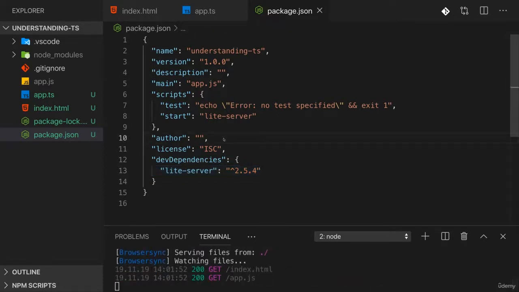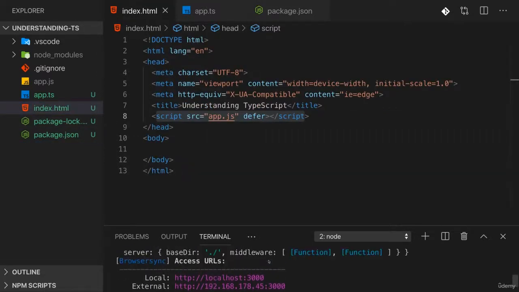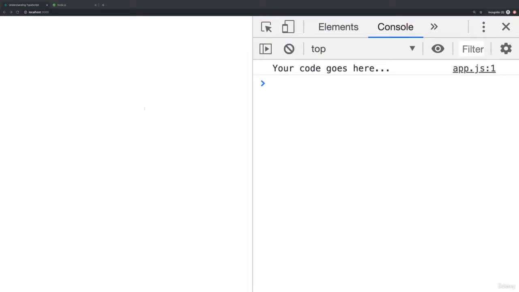And light-server is a simple development server which always serves the index.html file next to the package.json file, so this file, and it serves your application on this URL you see here, localhost 3000 by default. And you can then just visit this location, simply enter localhost 3000 in the browser,